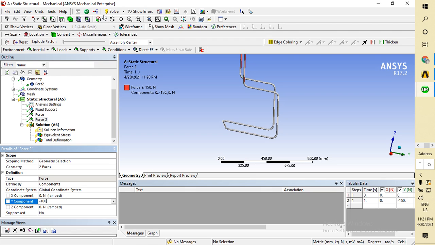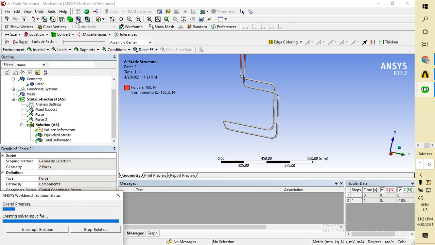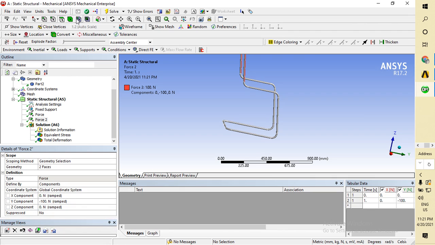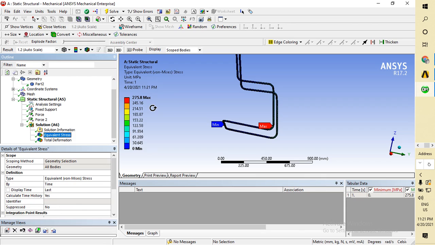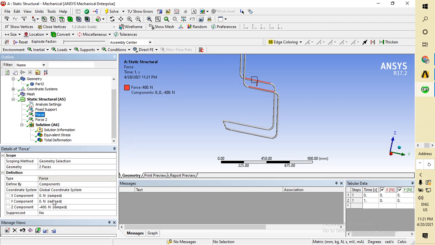Let me see in which value it will not fail. Okay, now it has given 275 maximum stress. It means it again exceeded the value. So I'm going to make this value 390, and the secondary force of 90 Newton.